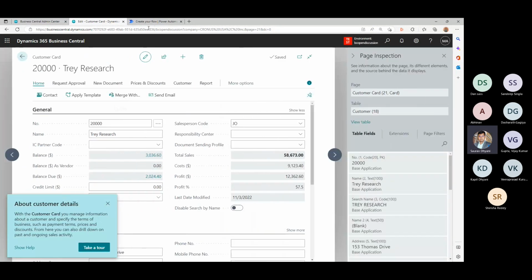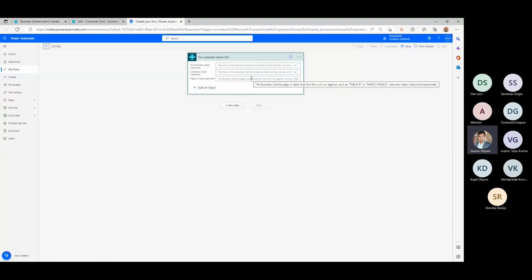It's page 21. So if I would like to add that action onto page 21 for the user to execute, I can write something like this, as you can see here on the screen, which is page 21. This action will be added into this page if needed. Now it already points to a record, which is the customer entity in this case.